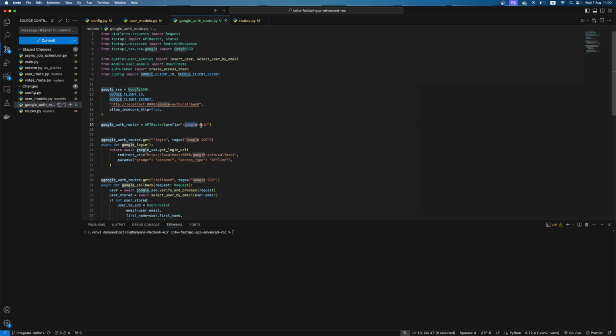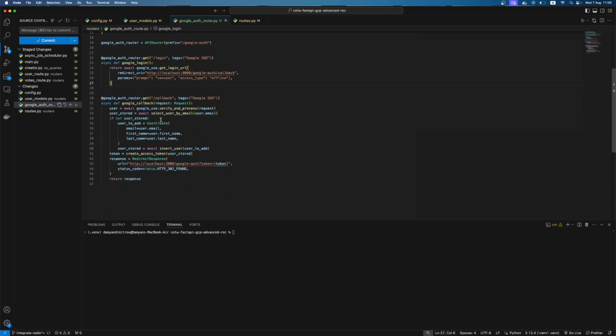I will use the prefix google auth, and I'm starting with the first route to get the login URL. This route will be called from the frontend to receive the URL with which the user will be able to log in with Google.